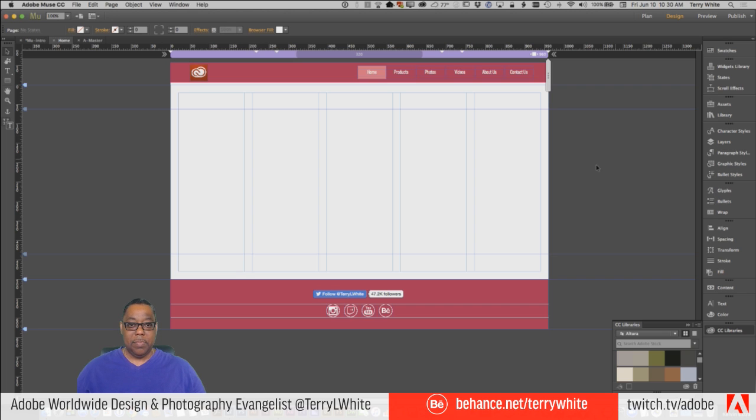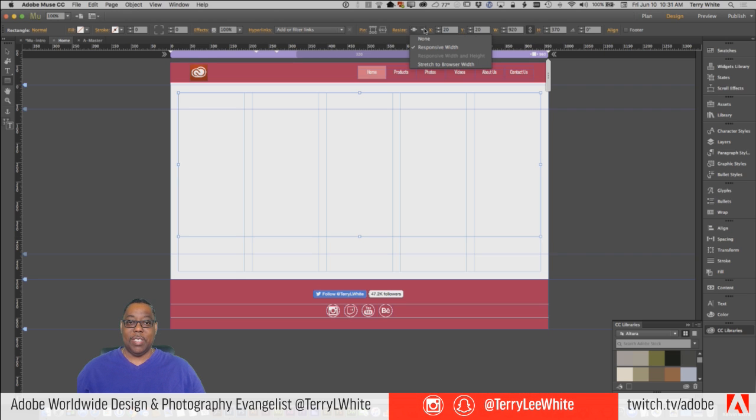And then I'm going to go in and drag out just a rectangle. Because remember with the rectangle, even if I just drag out one like that, we can tell the rectangle to stretch to the browser width. And boom, it just automatically went to the edges of the browser. Now, the difference is, I don't know that I can do it this way. Let me try this first.